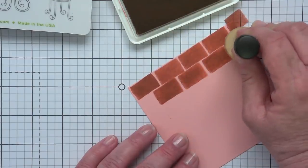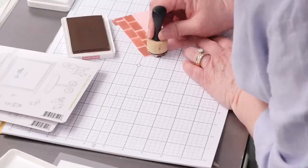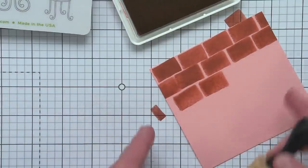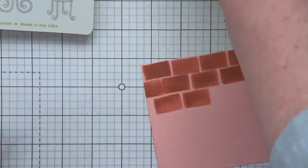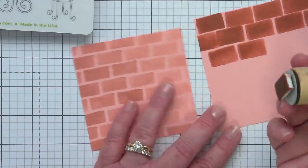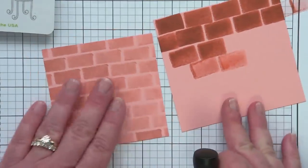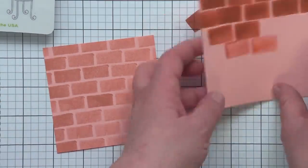So we do know that this ink dries a little bit lighter once it dries all the way. I'm going to get my brick all the way over here. So again, I would continue on with the pattern, taking your time and getting the spacing. Then you're going to get all your little bricks built up all the way down your background. And you can see in my finished one, it actually looks like I was dabbing them a little bit lighter. This card was done a little while ago. So you can even stamp one off and then come back and add your brick, and then it'll be a little bit lighter. But again, some darker, some lighter, and that's really how the aged or antique bricks look